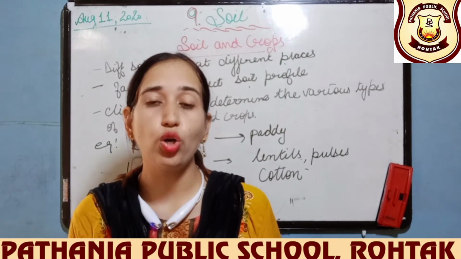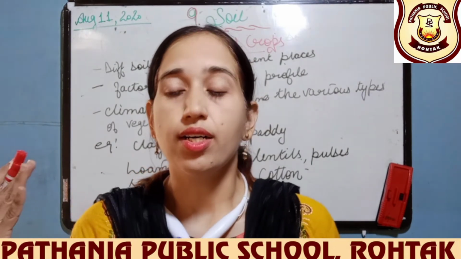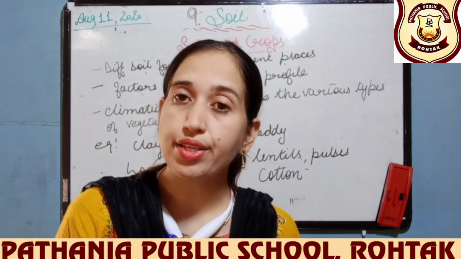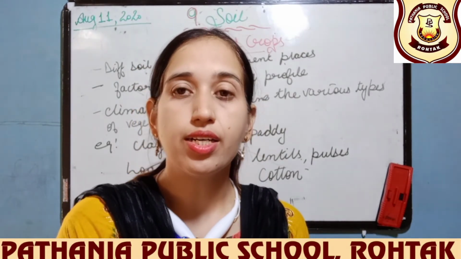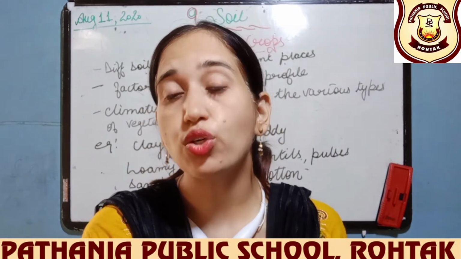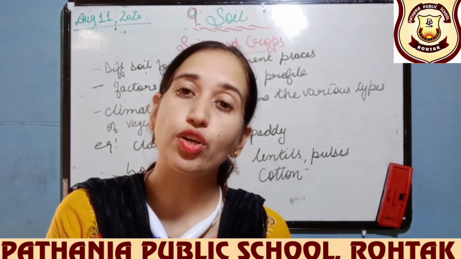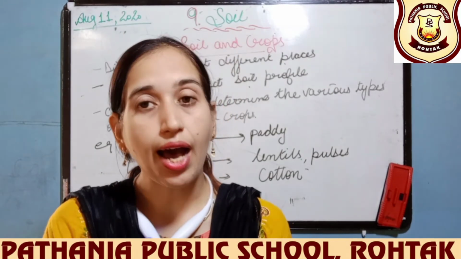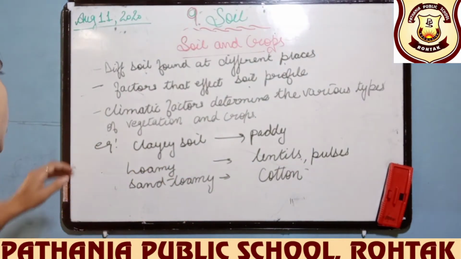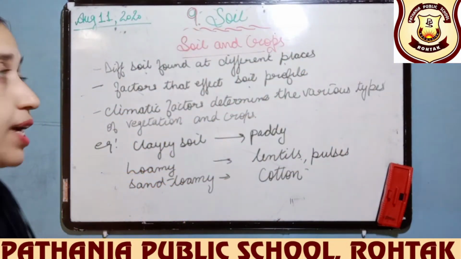As we all know, from the northern plains the rivers are coming in, and all the nutrients they bring with the river into these plains, and all the qualities of clay, silt and mixtures of all the nutrients have collected in the northern plains, which makes the soil so fertile, and that is good for the cultivation of the land. As such, how soil and crops are related, how a soil becomes very good, all depends upon the different soil that is found at different places.